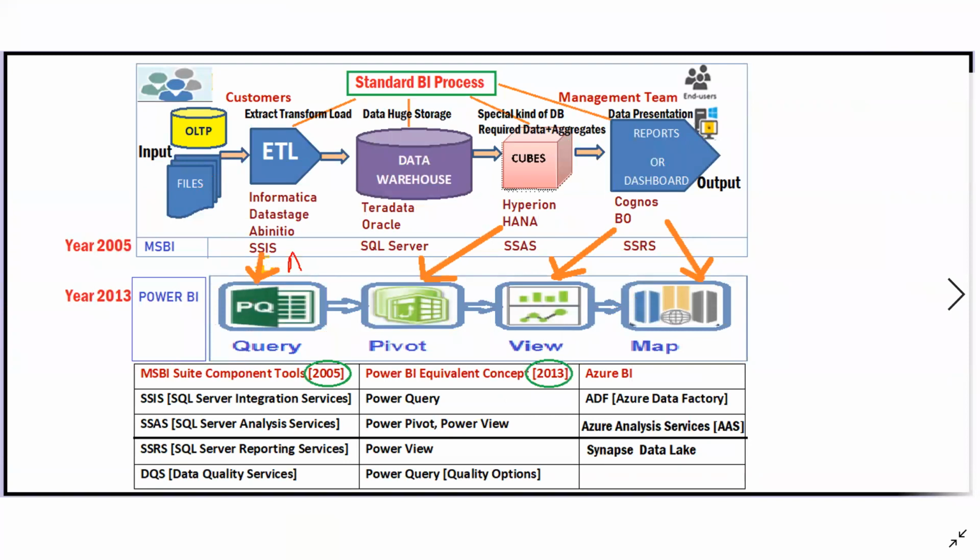So SSIS plus ADF, this is cloud. This is on-premise. And normal SSAS for on-premise. Azure SSAS, AAS, cloud. And coming to warehouse level, we have Teradata, SQL Server. These are on-premises. Azure level, we go for Synapse,